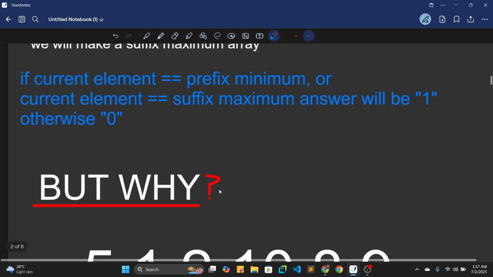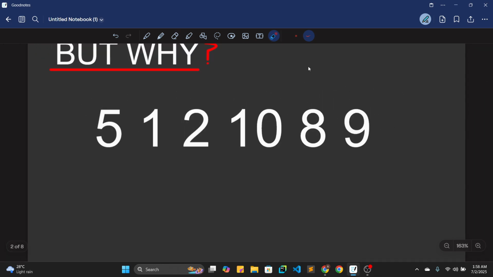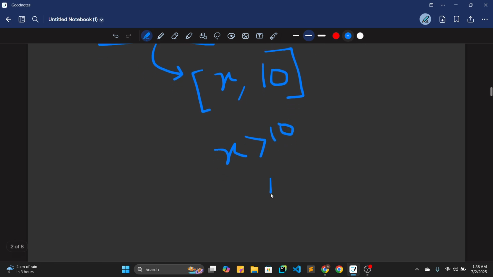If I want to explain why this happens, I can explain it with this example. For this element 10, I can take this suffix part and transform this part to 10 because it's the maximum number. This will be 10, and in this part I can take a prefix, and it doesn't matter actually what it is. Let's say it's x. Then the array will look like this. Now if x is greater than 10, let's say x is 14,